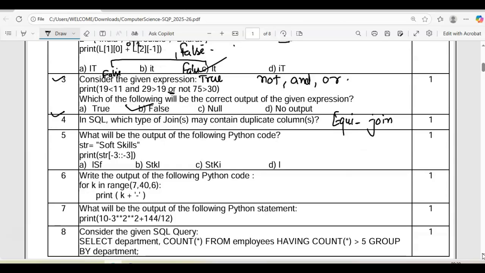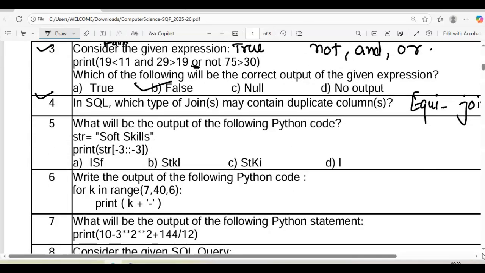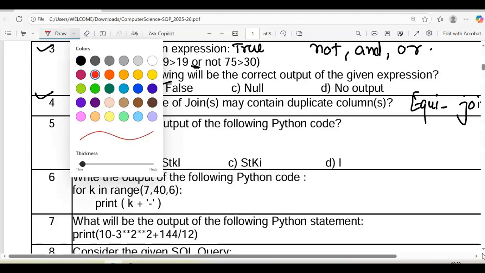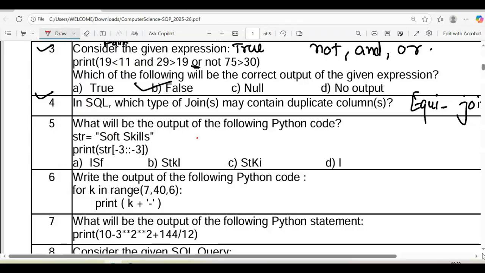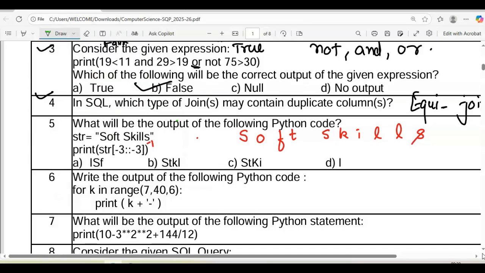Next to that, we have: what will be the output of the following Python code? And you can see here we have str is equal to "soft skills" and the negative indexing is there. So the start value is -3. Let me write it down here, SOFT space and then SKILLS. Now properly I can mention the indexing.